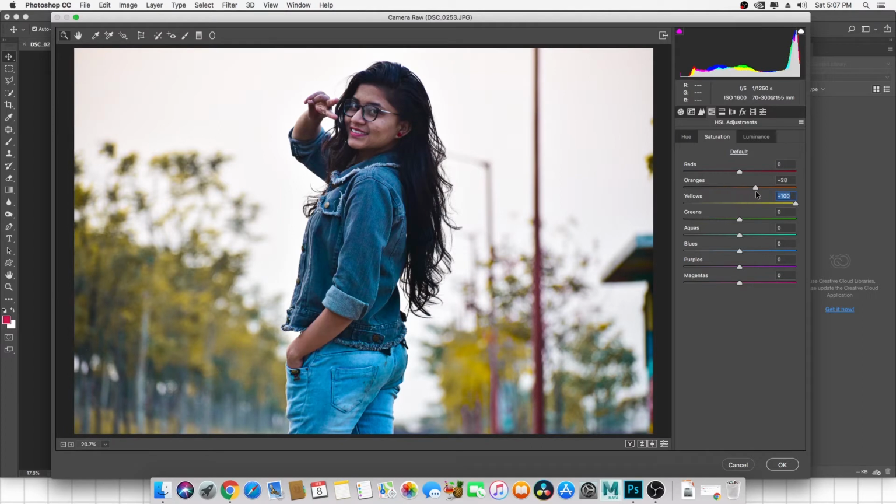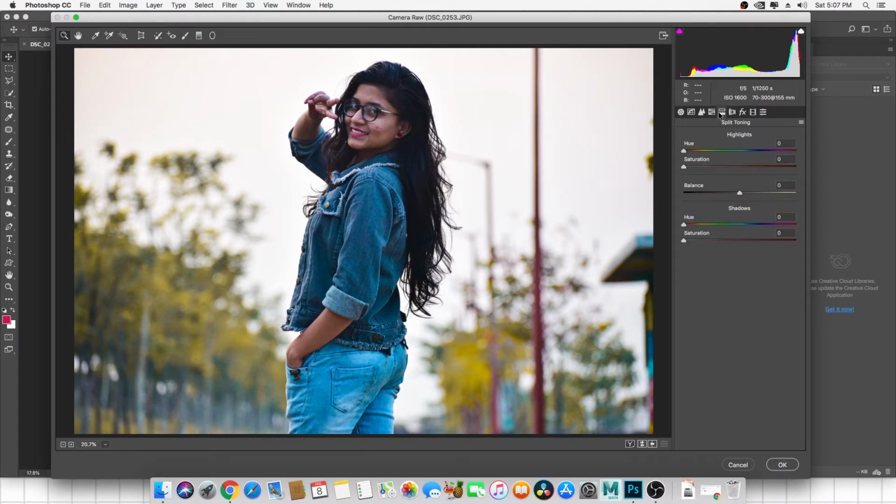Oranges means the face coming in orange, so if I increase it, I think a little bit of difference is coming on that. Yeah, I'm pretty happy with the result. Next, if you want to change the luminance of any value, you can do it, but I'm not going to, because my saturation picture was already giving us a very satisfying result. So I'm not going to click on the luminance and adjust it.